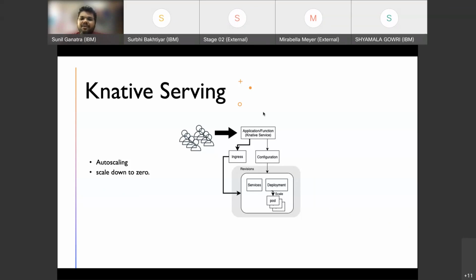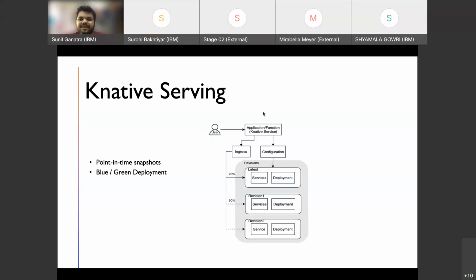application deployment. And let's say if you have a lot of requests coming in, in that case it will scale up. And let's say if you do not have any request coming in, it can go down to zero. It also means you won't be billed even though your service is deployed, but it only comes up when there is a request. So it can save a lot of dollars for you.